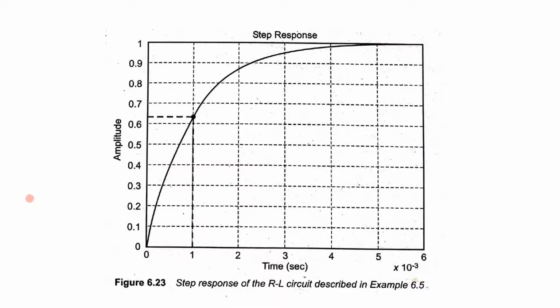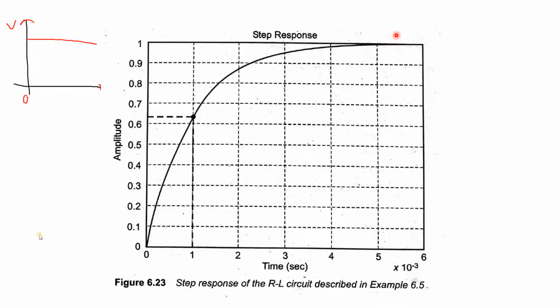So that means the input is a DC supply, direct current voltage. This DC voltage is the input, so it is starting at 0. But the current is not starting at 0, because there is some transient, and after 5 milliseconds the current becomes steady state, then you get the desired amplitude.